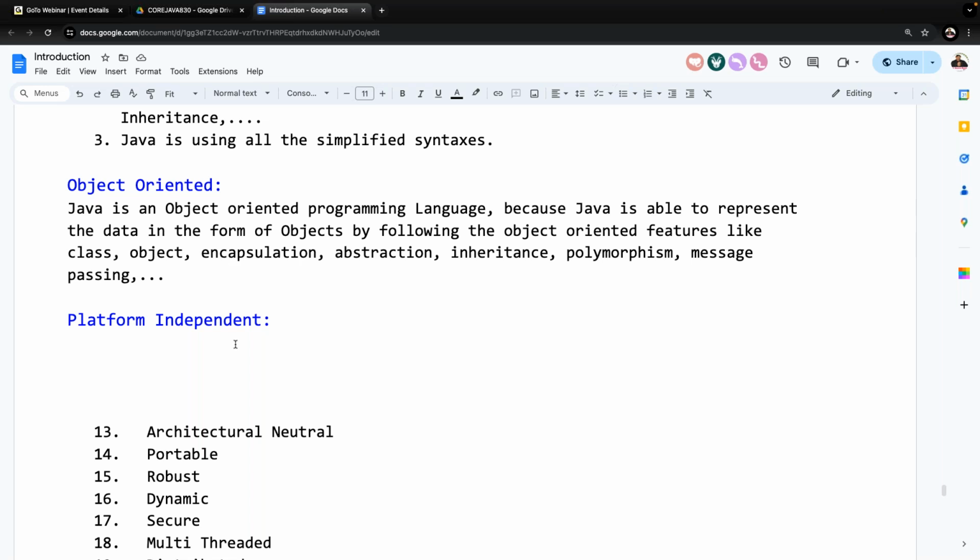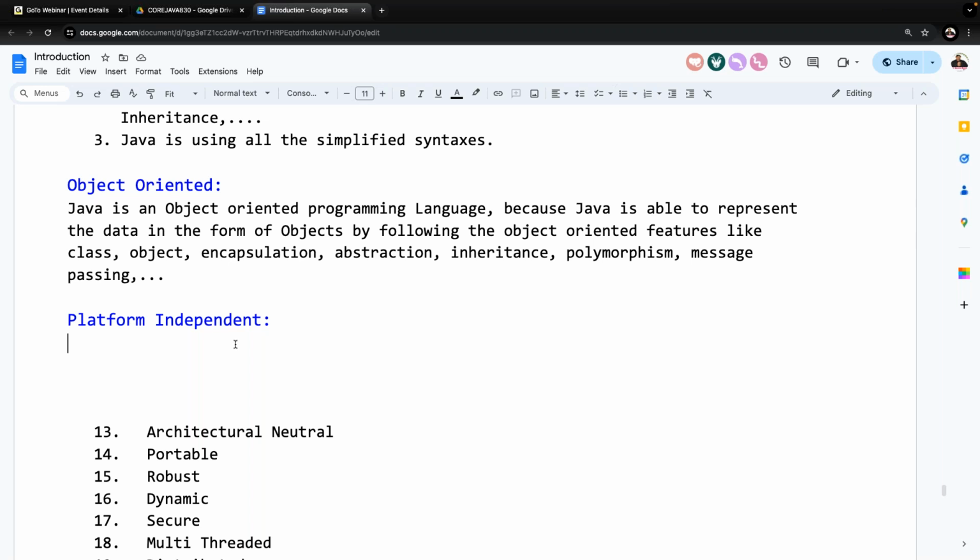If it is mandatory to use the same operating system for compilation and execution, then the programming language is platform dependent. What is platform dependent? The same operating system for compilation and execution, so the language is platform dependent, not independent.